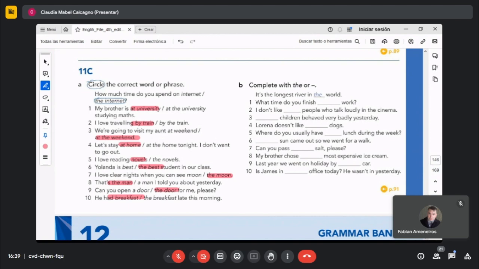Number 8. My brother chose the most expensive. Yes. 9. Last year we went on holiday by car. Yeah, by car. Zero article, nothing. 10. Is James in the office today? He wasn't in yesterday. Yes. Excellent. Questions? No. Nothing. Okay. So for next class,